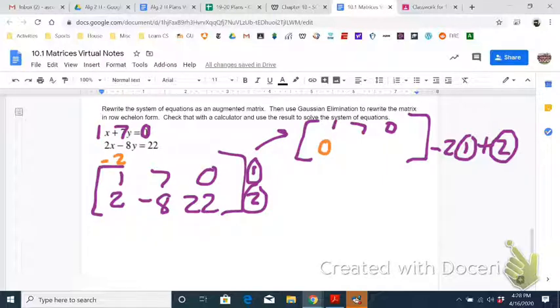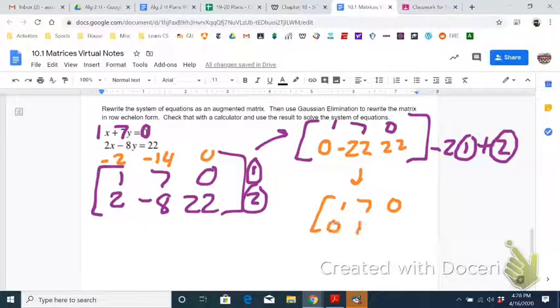Then negative 2 times 7 is negative 14. When we add that to negative 8, we get negative 22. And then 0 times negative 2 is 0. Add that, and we get 22. Then we could multiply everything in the bottom row by 1 over negative 22, or divide everything